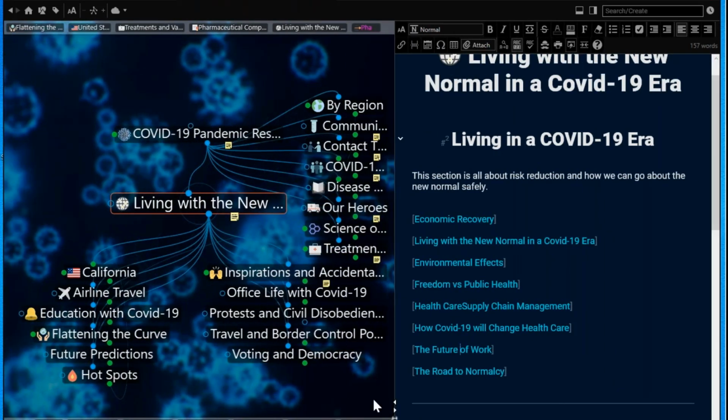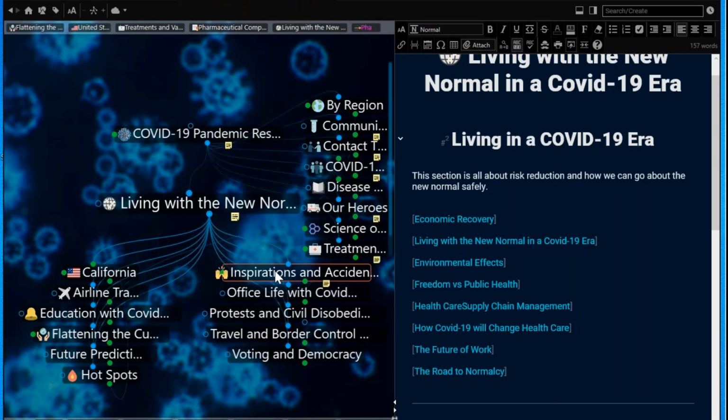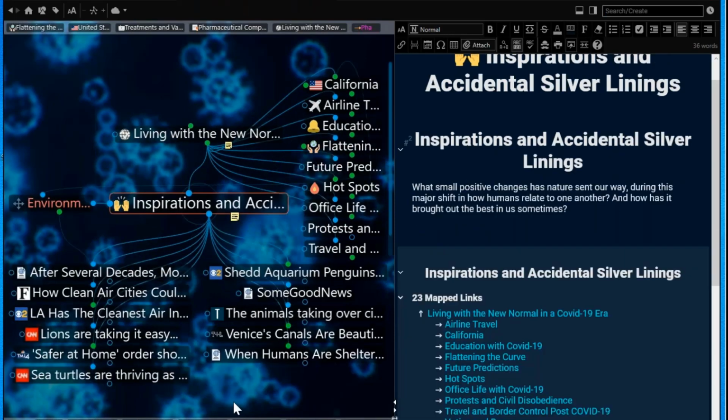But here in this particular area of the brain, I also want to share with you an area that was created that I really particularly enjoy. You know, there's a lot of information, a lot of science, a lot of difficult, hard to swallow information in this brain about things that are going on in the world. We created an area called Inspirations and Accidental Silver Linings. And it's just some of the positive news that's happening today that we keep track of from time to time,